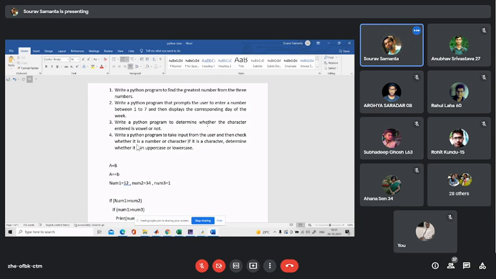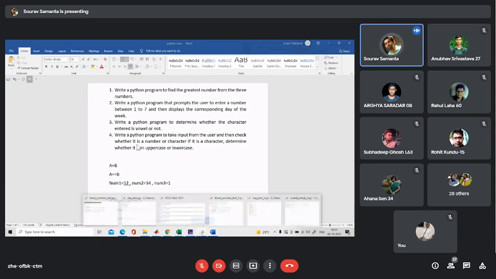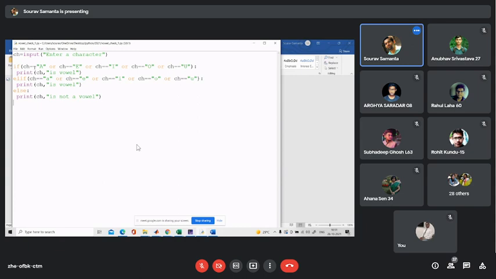So your testing condition is limited here, only to 10 characters. Are you getting my point? Only 10 characters: 1, 2, 3, 4, 5 and 1, 2, 3, 4, 5. And apart from all the 10 characters, everything will be, it is not a vowel.